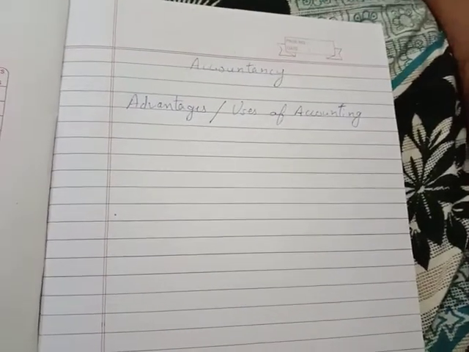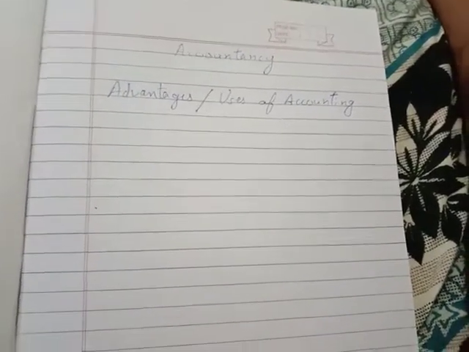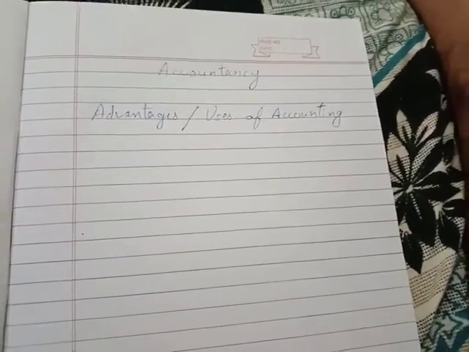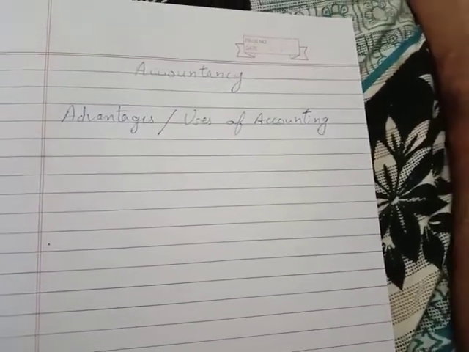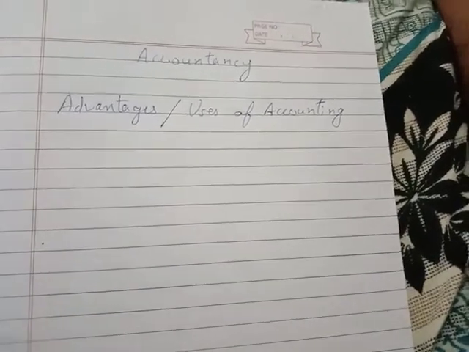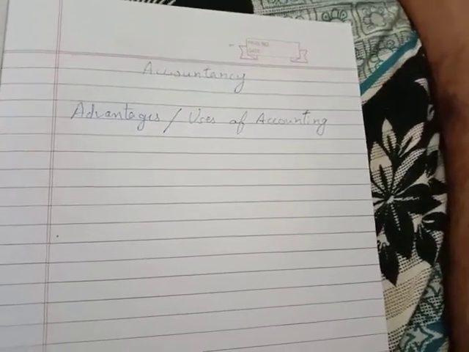Hello students, we are discussing chapter 1 of accountancy, that is meaning and objectives of accounting. Some of the portion we have discussed in the previous video as well as in the online class. Some of the portion of this chapter has been left, and in this video we will complete this chapter. The content left is advantages and uses of accounting. So today in this video we will discuss this part,